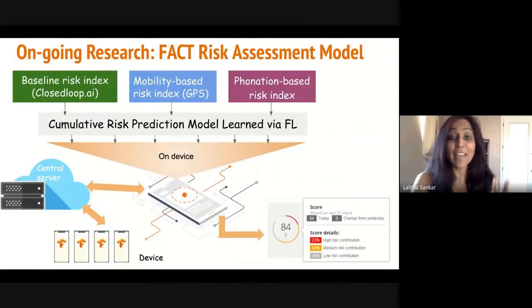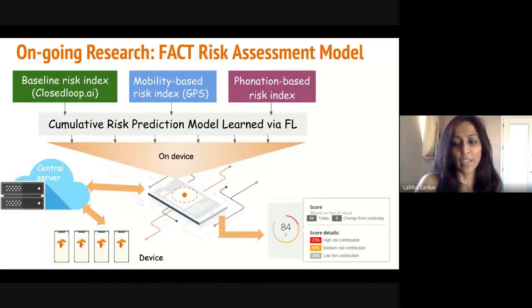So ultimately, I think we would like to predict one cumulative risk. We're still trying to figure this out. We're still working on these parts right now, and it could very well be that you just put out 3 types of risks. But if you did any kind of a cumulative risk, including the mobility risk, which needs federated learning, any cumulative risk will also need that. So there's a lot of engineering problems here.